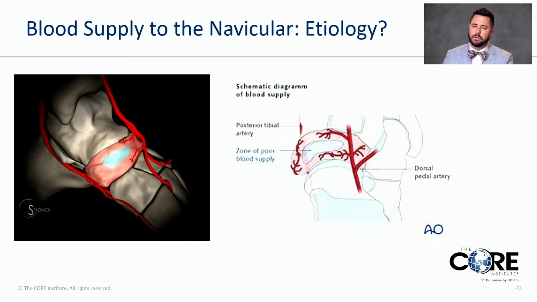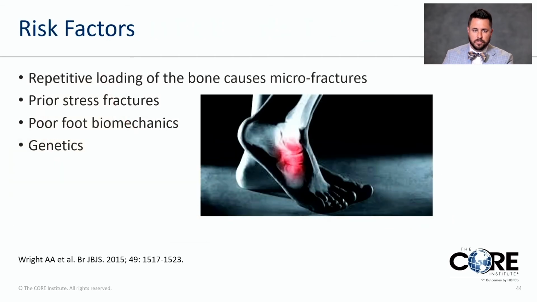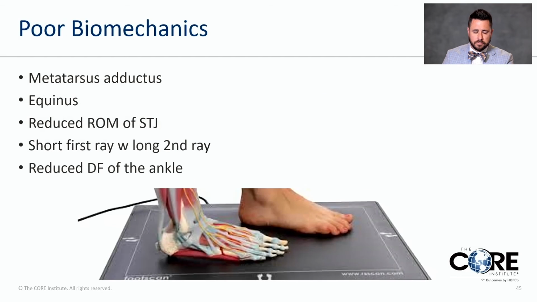If you look at the underlying cause and why these patients can have this, we start to go back to the elementary, rudimentary level and look at the blood flow. Okay, blood helps keep things alive. And this bone in particular, this cashew-shaped bone called the navicular, has a lack of blood flow right in the central aspect of the bone. So, looking at this, a lot of times this is poor jump mechanics, or people have a tight calf muscle,